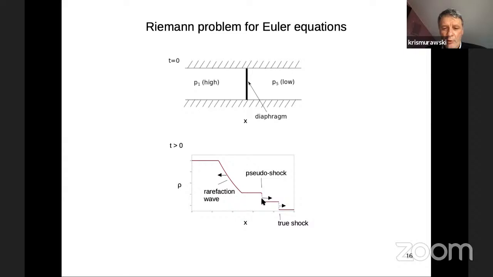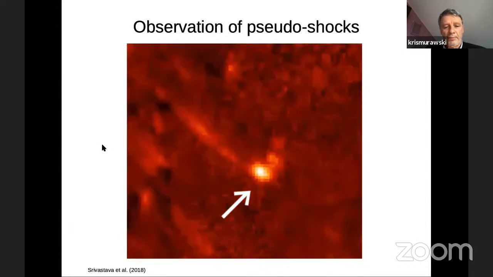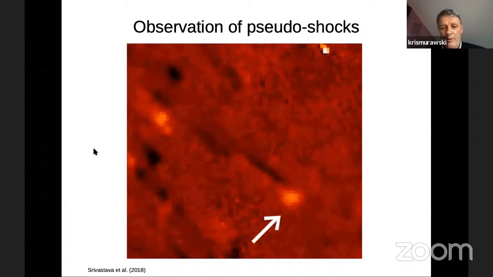The pseudo shock is called that because it is seen only in mass density. Sometimes it is called a contact wave or entropy wave, but I like to call it a pseudo shock because it's not a true shock. And one of our projects was actually associated with those pseudo shocks, which were observed on the